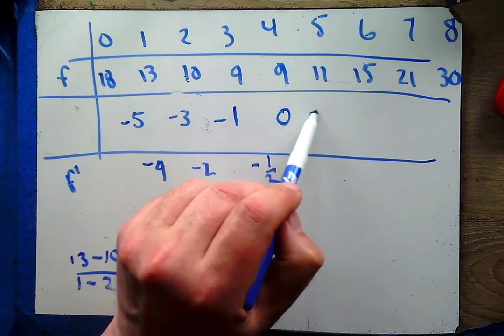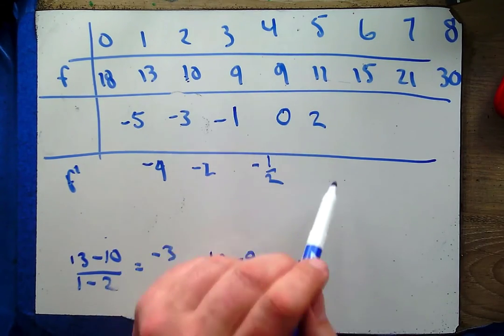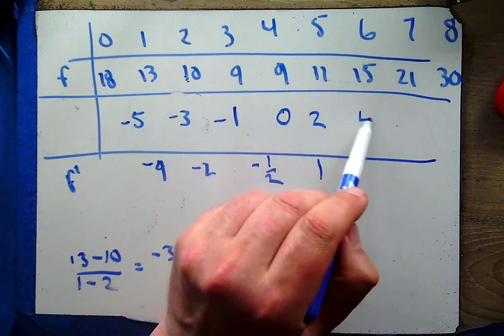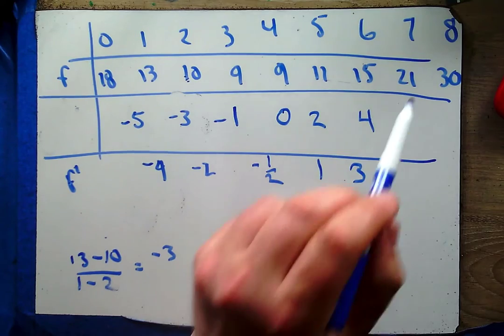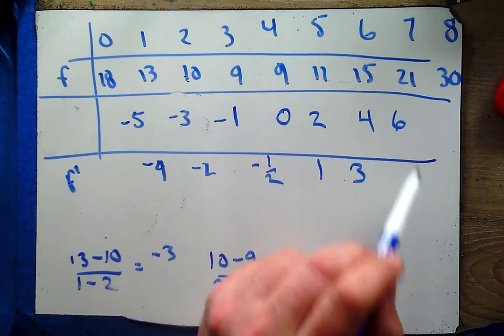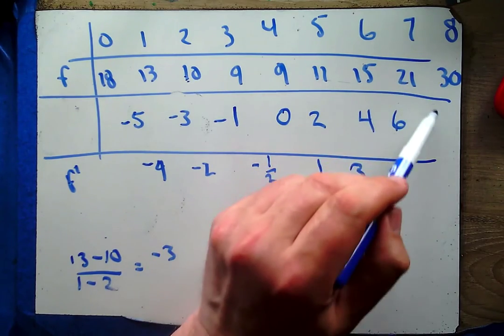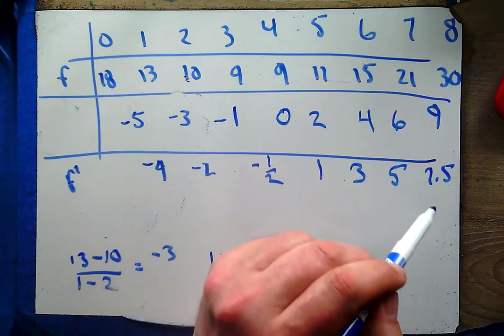Here, I go up by 2. And if I average these, I get 1. And here, I'm going up by 4. And when I average these, I have 3. Here, I went up by 6. And I average these, I have 5. And here I went up by 9. And when I average these, I get 7.5. Now,